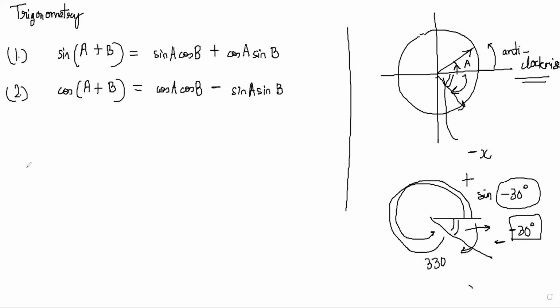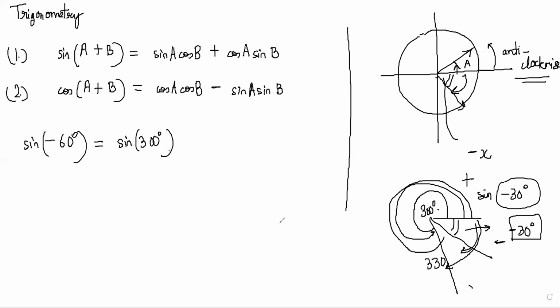So if someone asks you what is sine of minus 60 degrees, then basically what they are asking you is go in the clockwise sense till here, till 60. So that is actually going to be this side, it is 300 degrees. So sine of minus 60 will be equal to sine of 300 degrees.